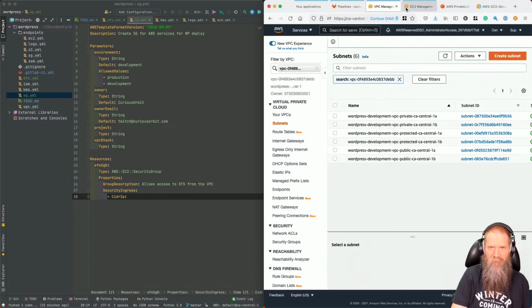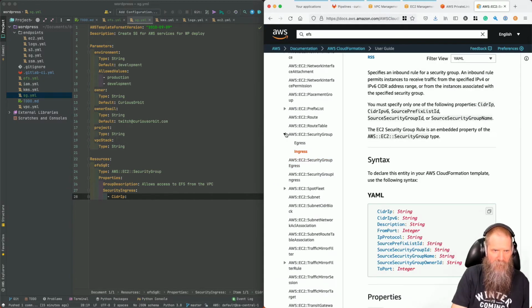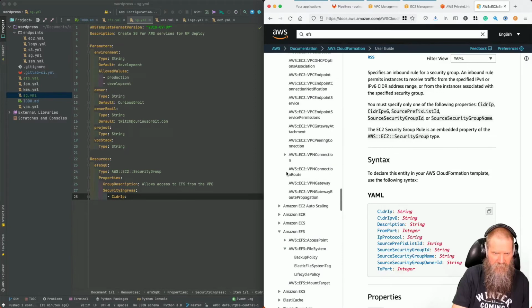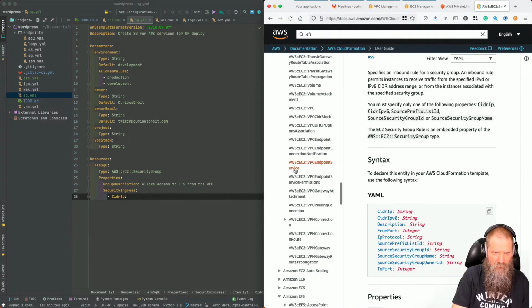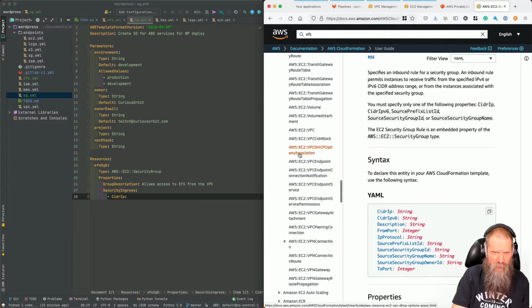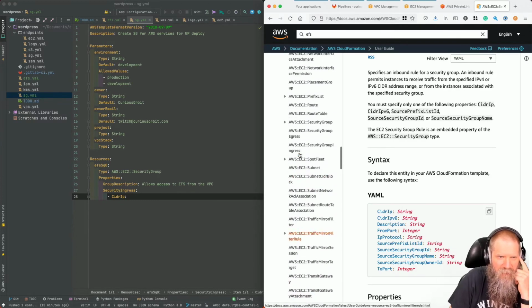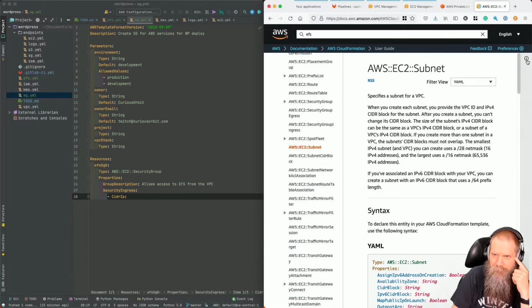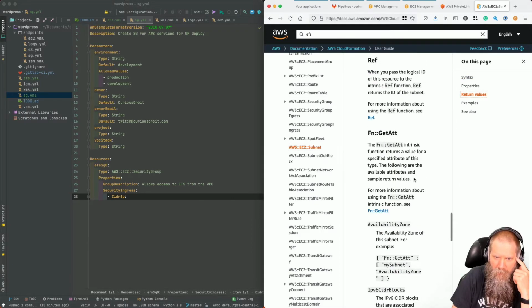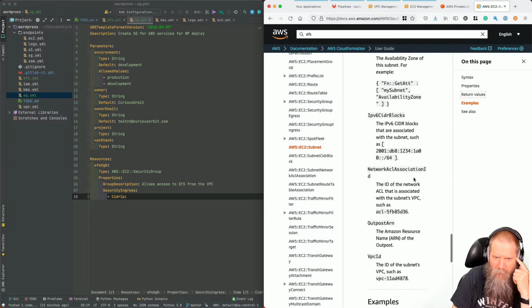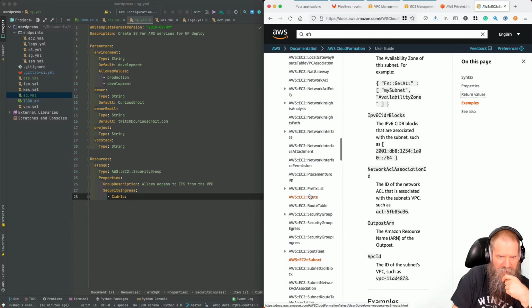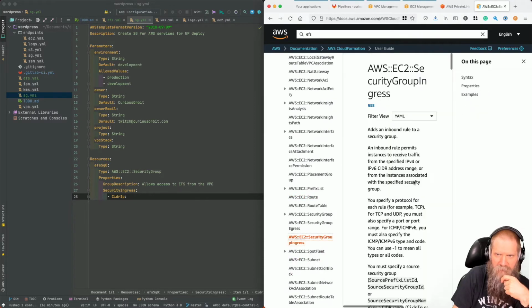Let's have a look at something. Let me find VPC subnets. Is it just called EC2 subnet? Yeah, there it is. Okay, hold on. I was going to say you can't get the CIDR range for the subnet. But if we go back to security group, ingress,